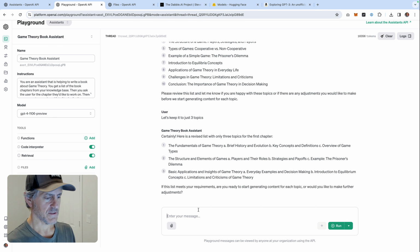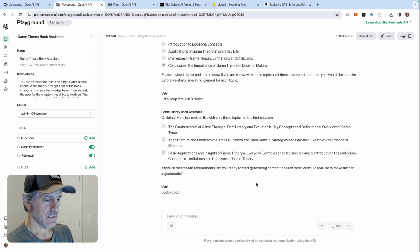We'll just pretend that these are good. I'm not even going to read them, but looks good. And what's going to happen again because of the instructions is it's going to ask me if I want to work on the content for each one of the sections. And by me working on the content, mostly I mean the assistant is going to work on the content, but I will still have input. So for each one, I'll be able to